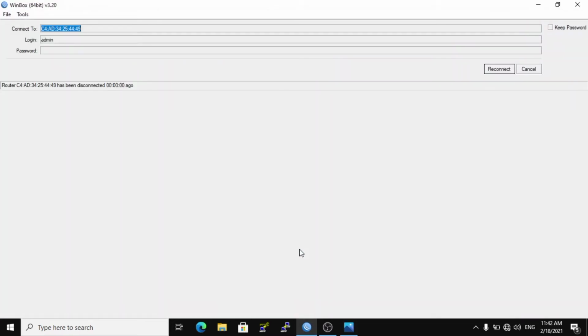And the router will reboot because you added interface Ether 2 to the interface server.